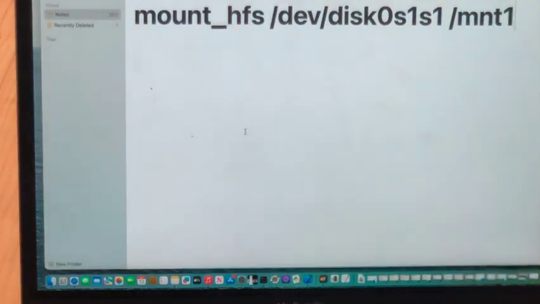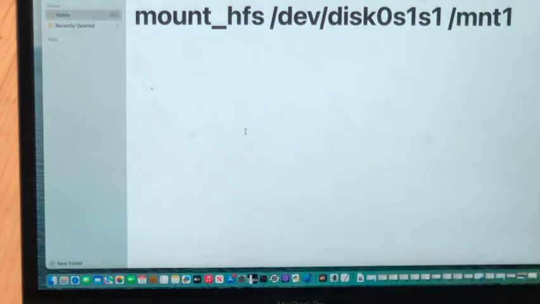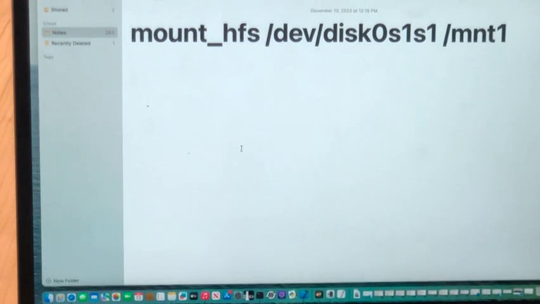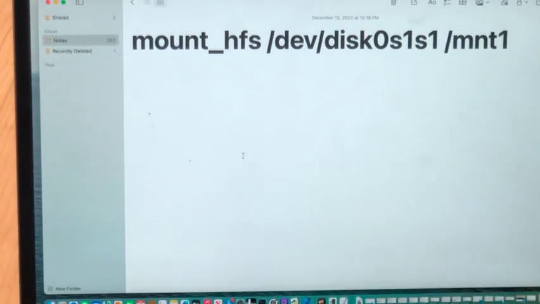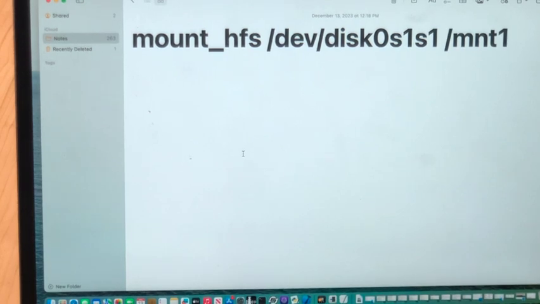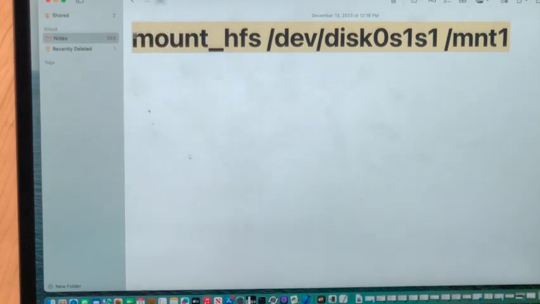I'm going to have it up on screen over here. It's kind of a long, complicated command. That's why I have it over here. It's mount_HFS, take this slowly, /dev/disk0s1s1 space /mnt1. Basically what we're doing is we're mounting the file systems on the iPhone so that we can delete the